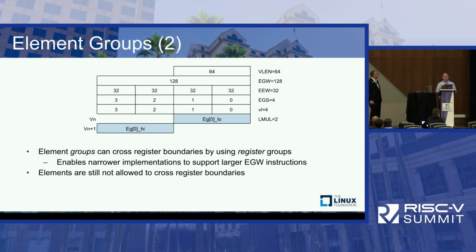Using the element groups, you can define an element group width of 128 bits, which is comprised of 4 32-bit elements. And in this case, we're just doing a single 128-bit operation. So you can see that register VN is holding the lower part of the element group, and VN plus 1 is holding the higher part. So it could be, for example, register 0 is holding the low part, register 1 is holding the high part.